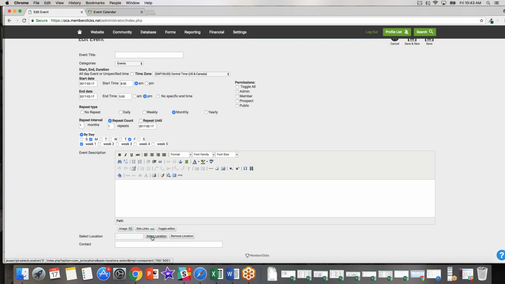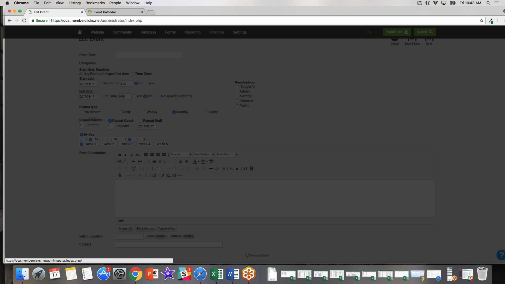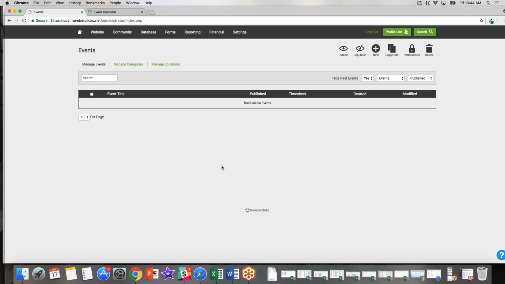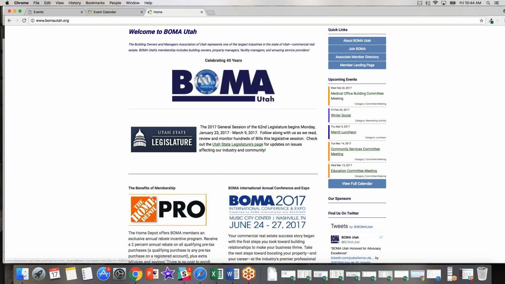You would select your location. When you open this up, it's going to have all the locations you've created and saved in here. Then you would determine your permissions, who's allowed to see this calendar event, and then you would save. At that point, it's going to show up on the front end on your calendar. It's also going to list those items right down the side of your website for you. And so once you've got this completed,